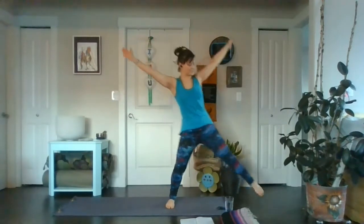Two more here to each side. Exhale, feel the energy moving, awakening within, loosening up any of that stale energy. Last side, and coming down, taking a moment in Tadasana. Feel the heart rate rise, perhaps the new blood circulation, and then coming down